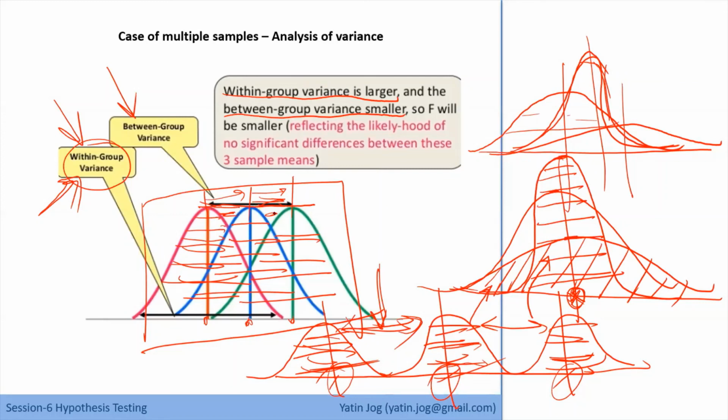And now to calculate this analysis of variance, in statistics we have a method called F statistics. If you calculate the F statistic, then you can compare it with the F table value, the F critical, and then you can come to know whether your H0 is correct or not.